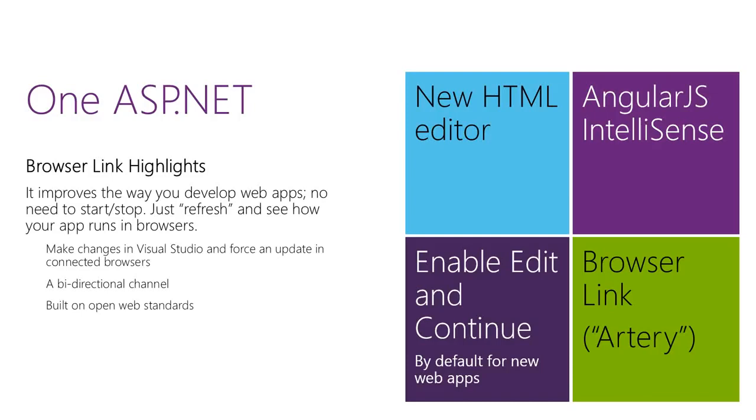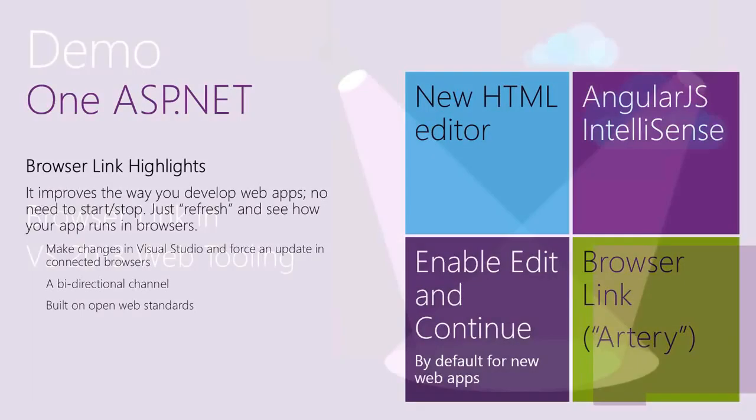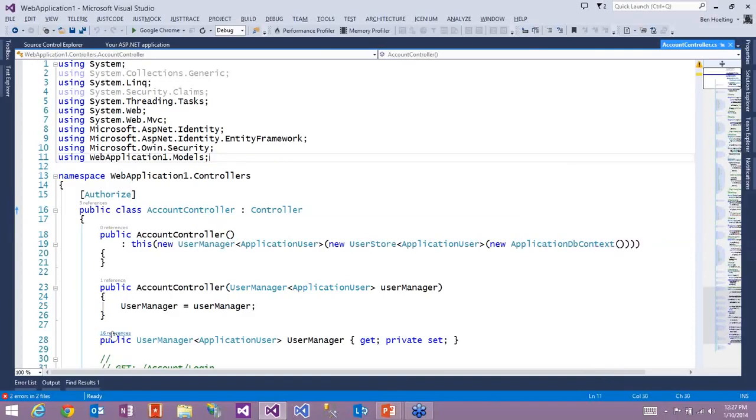So it also can make changes in Visual Studio and force an update to the connected browsers. So it's a bi-directional channel. Like you saw when I was in design mode, I changed something, and those changes will filter back to the actual code. But also I can make changes in Visual Studio and relink my browsers, and I can see those changes automatically in the browser without having to stop it, make a change, fire it up again, and get it to work. So let's take a look at how that works with the solution that we have